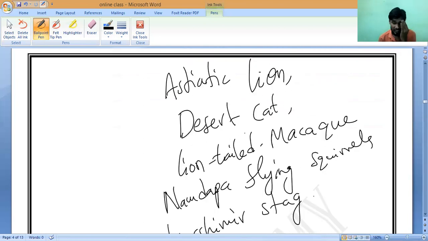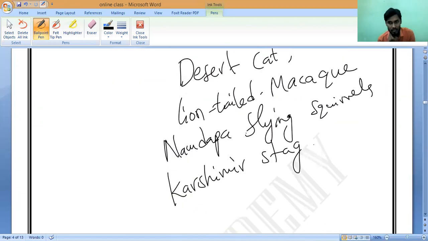Sir, the Asiatic lion is the only animal in the Gir sanctuary in Gujarat. I think the count is 10 or less now. No, sir, when I saw in 2018, it was like 100 or 200. I saw it on Google yesterday. They are very less in count now. Shall we start now?